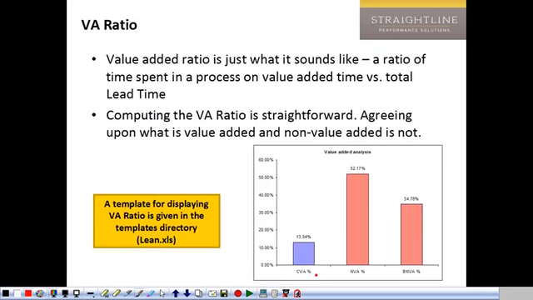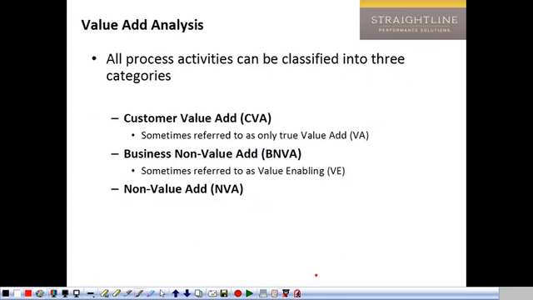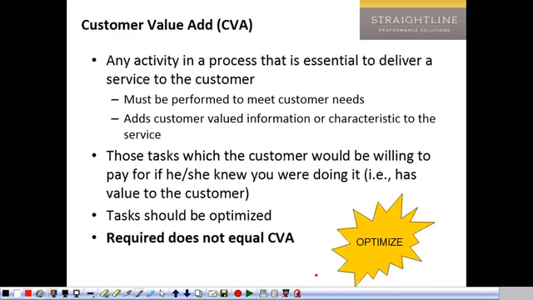Now, the problem with this is, of course, defining what is value-added and what is not. So we'll talk about this in terms of three different categories, what we'll call customer value-add, which is really just value-add. And then there's two different types of non-value-add. The stuff that you actually have to do, which is sometimes called value-enabling. Hate that term, but okay, there it is. We call it here business non-value-add, BNVA, and simply non-value-add, which is just waste. Okay? So business non-value-add, without getting into it too much because these are all on here,